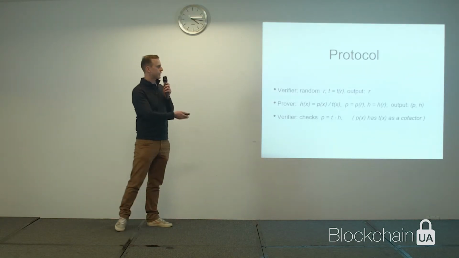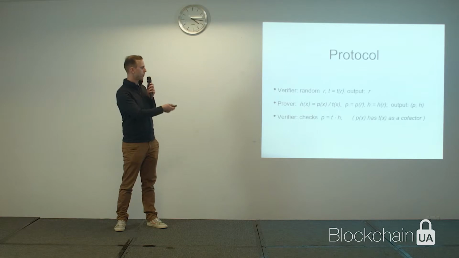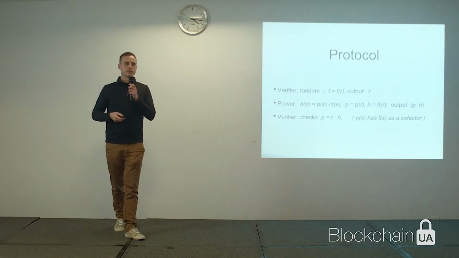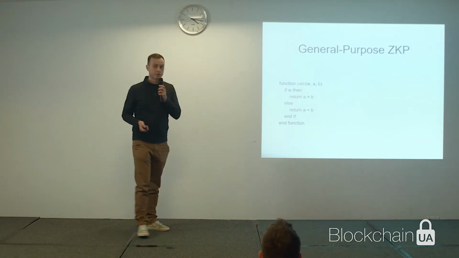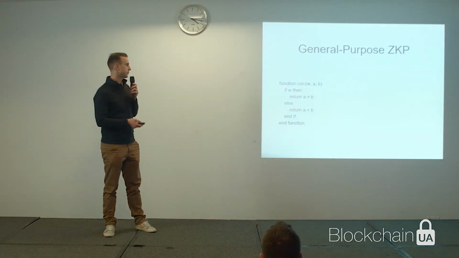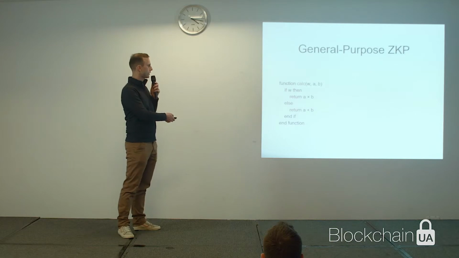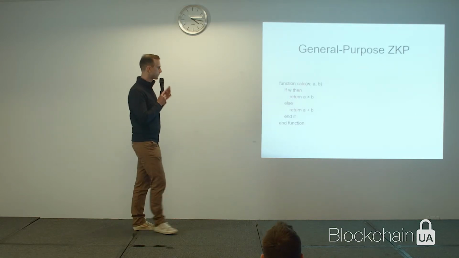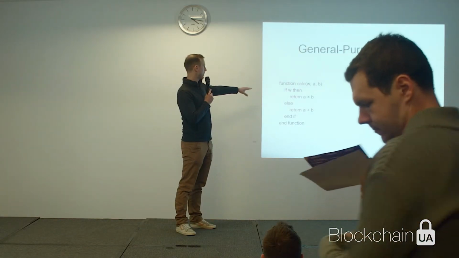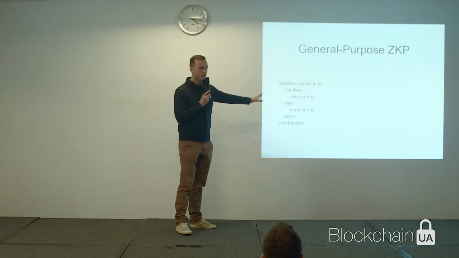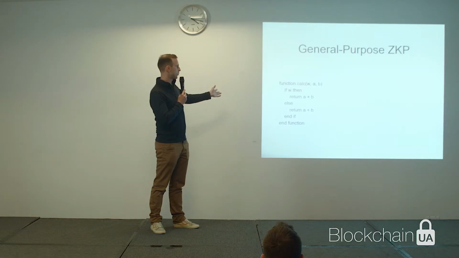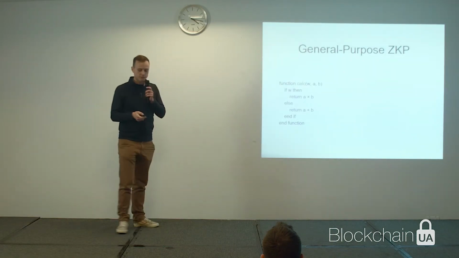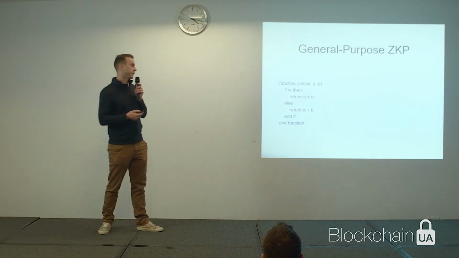So basically, in this case, we were able to prove that a polynomial has certain properties. So what about general purpose zero knowledge computation? For example, if you have a program that depends on some kind of input, let's say W, and depending on the value of W, either 0 or 1, we want to have a different kind of calculation. So how do we translate it into the language of mathematics?